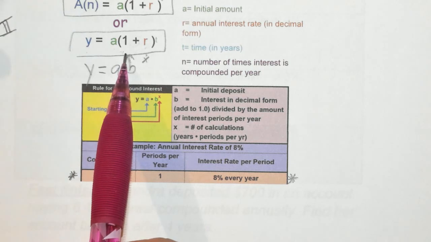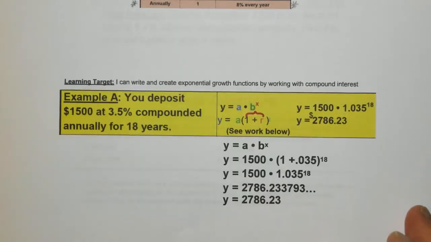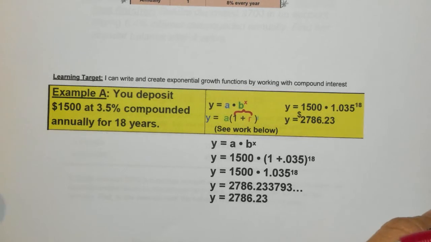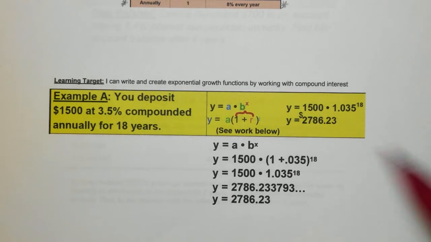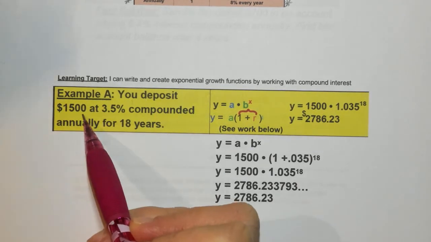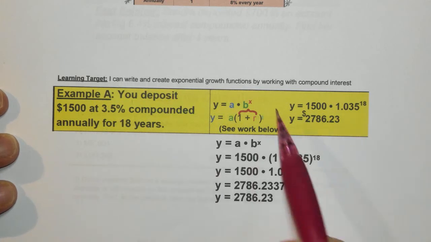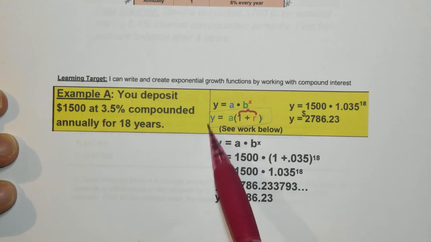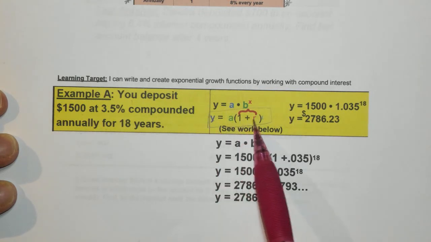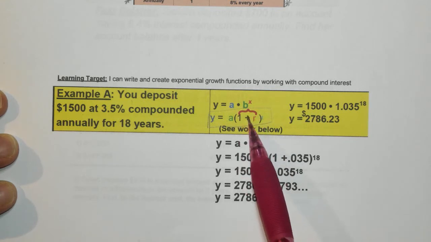So let's get into an example right at the bottom of the page. Okay, I'm just going to zoom out a little bit. All right, so here's an example of you making money with compound interest annually. If you deposit $1,500 at 3.5% compounded annually for 18 years, well, same exact idea. You're going to be using this formula, y equals a times 1 plus the rate to the t power. Again, that growth factor here is representing your b,